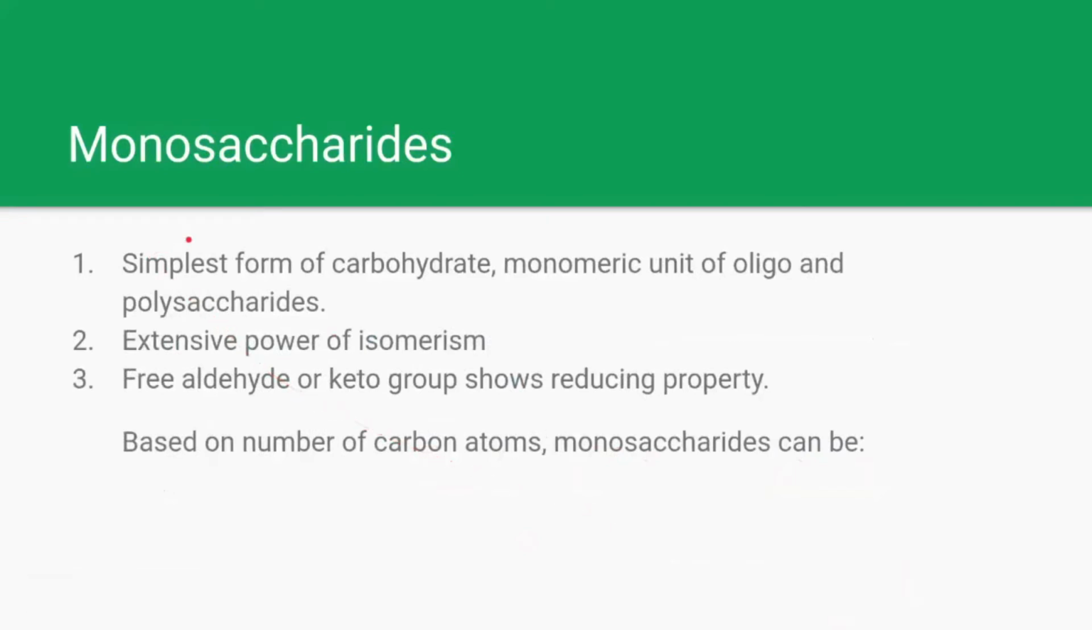Anyway, monosaccharides are the simplest form of carbohydrates. One monomeric unit, and they have extensive power of isomerism, so they can have a lot of isomers from their carbon configurations, and the free aldehyde or keto group shows reducing property. Based on the number of carbon atoms, they can be